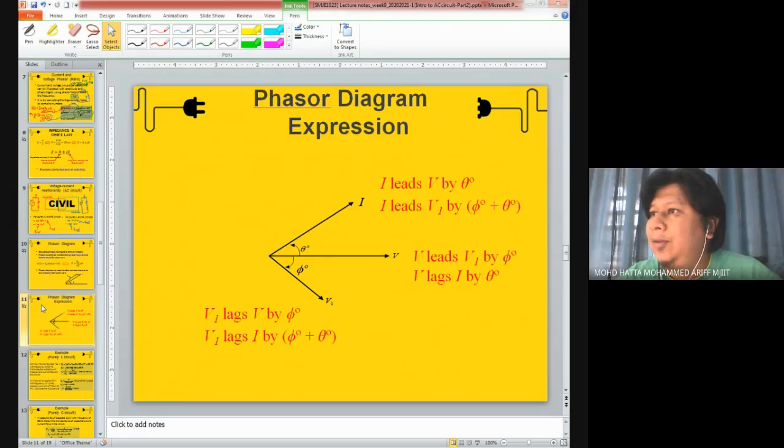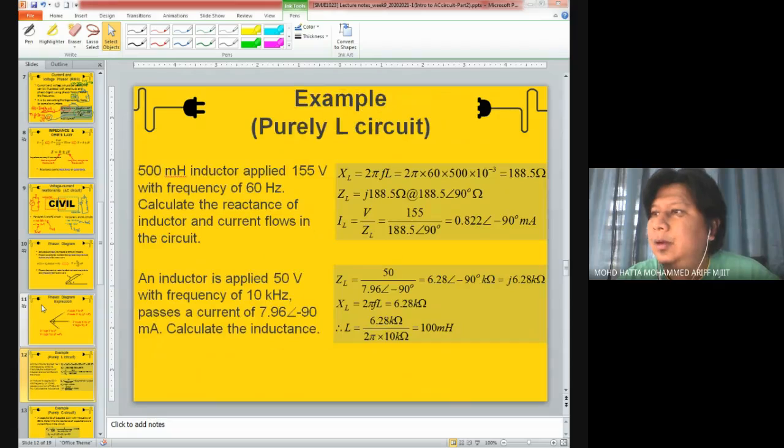Okay, for the phasor diagram, this is just information already described previously. All right, we move on to the example for a purely L circuit. If you look at this example, you don't have the circuit. However, you need to read the question carefully. The question says here that